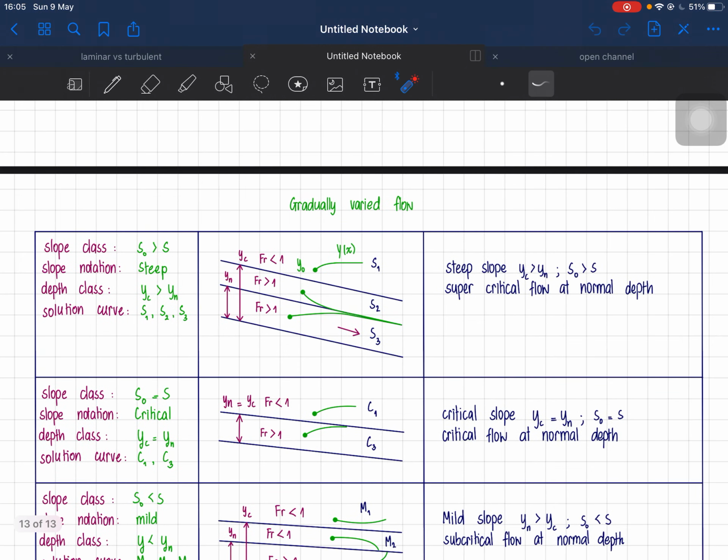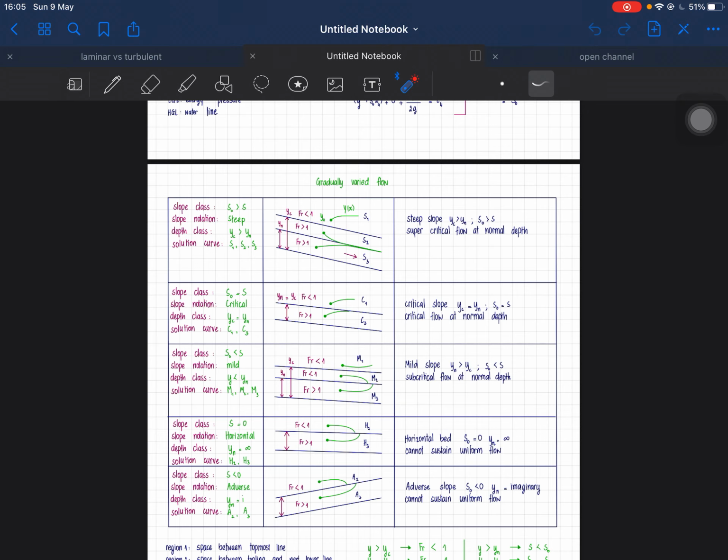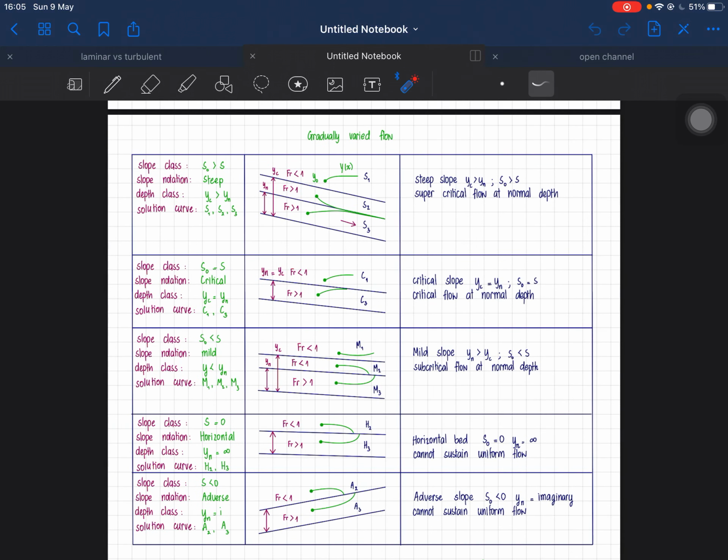We have five types of slope, and 12 solutions to these five. The solution means the curves here. So we have S1, S2, S3 for the steep slope, and we have C1 and C3 for the critical. S stands for steep, C stands for critical, M stands for mild, H stands for horizontal, A